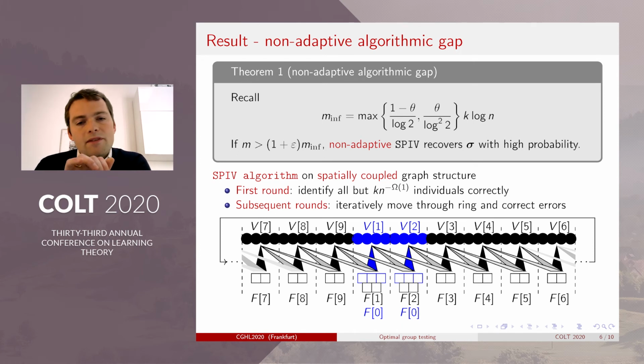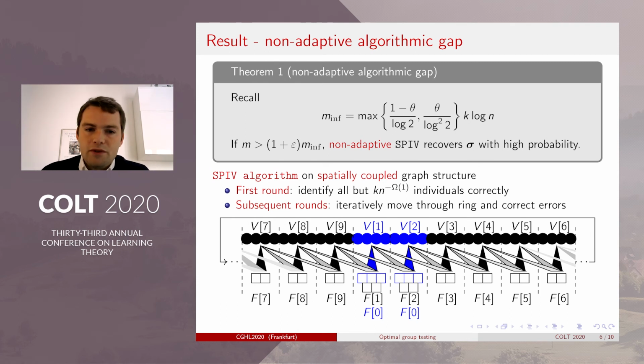And those two components exactly correspond to the success guarantee of the first round and subsequent rounds. To be precise, the first component of the maximum ensures that in the first round we are succeeding in identifying all but k times n to the minus omega 1 individuals correctly, while the second component of the maximum is a local stability argument that ensures that we are able to correct the errors we make in the first round